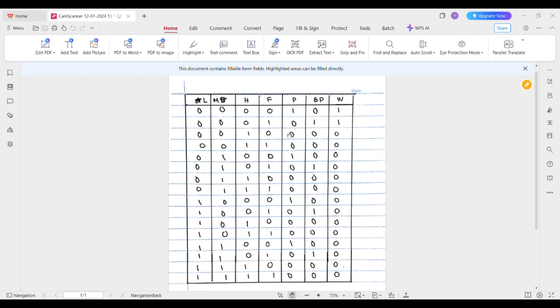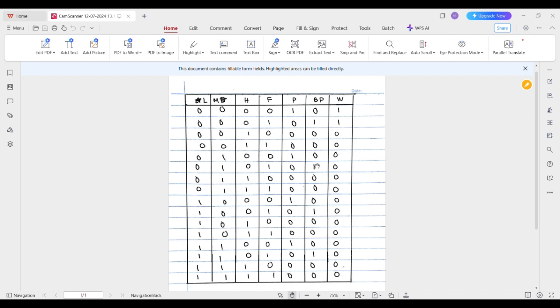The pump is 0 only when the H is 1 or F is 1. Then the pump is 0, which means that the pump is not functioning. For the backup pump, it is 1 when the F is 1 and the H is 0.